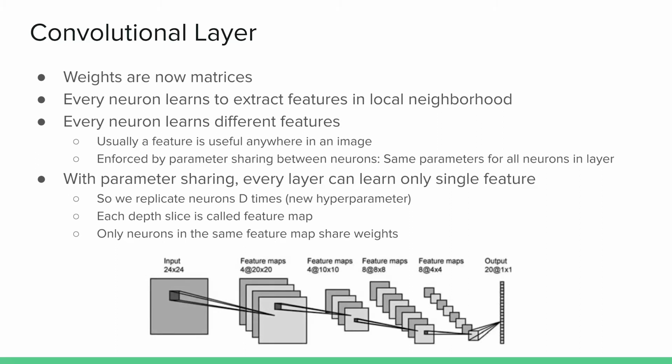So we have our input, which is a 24 by 24 grid, and then we extract features, and we take, in this example here, 4 feature maps. So we'll replicate this, and then we process this and eventually maybe get smaller with the image size, but have more features that are relevant that we extract here, which, if you think about it, makes sense